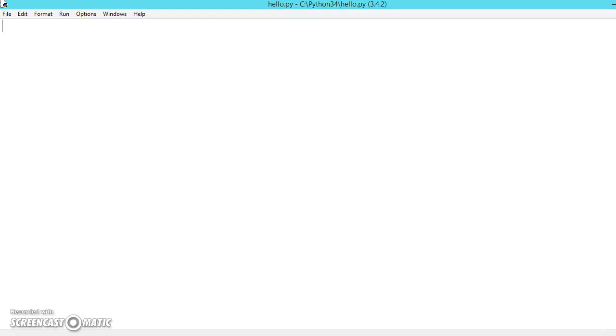Now let us create a class. For creating a class, there is a syntax. First we write the class keyword, and then let us say Student. This is the class name. Student is the class name, and inside that we can create a function or method.